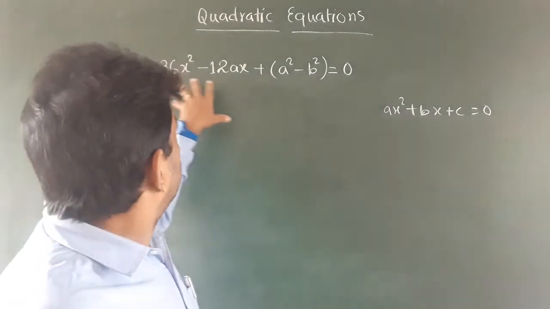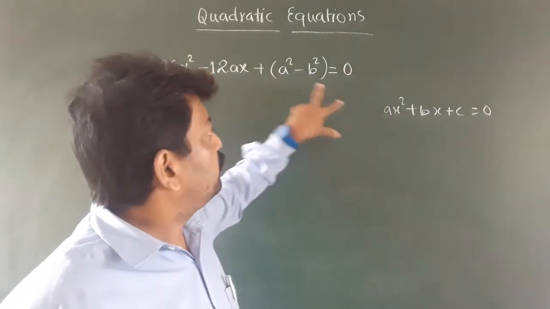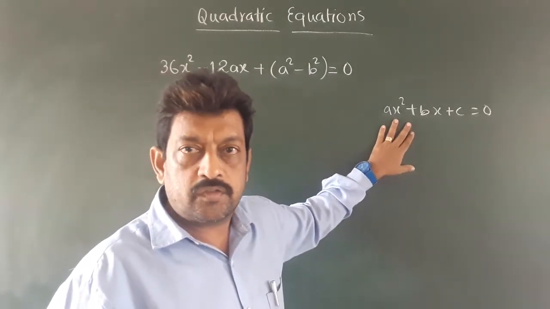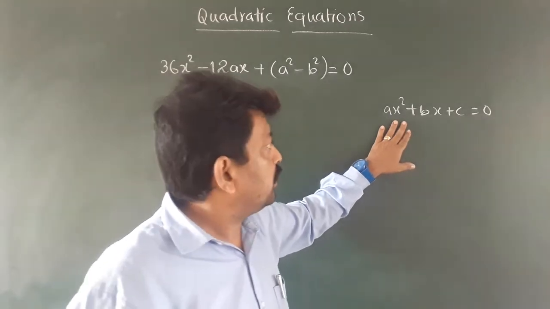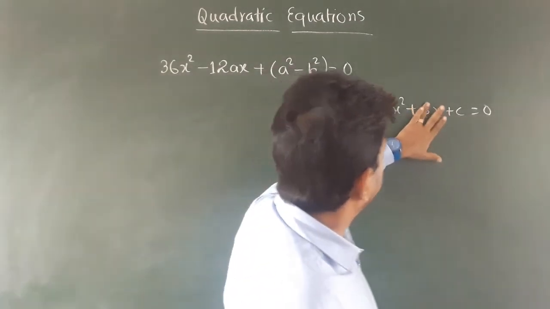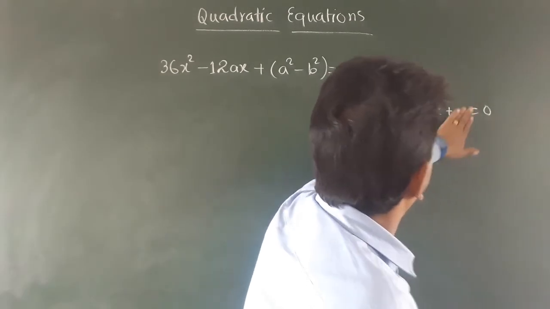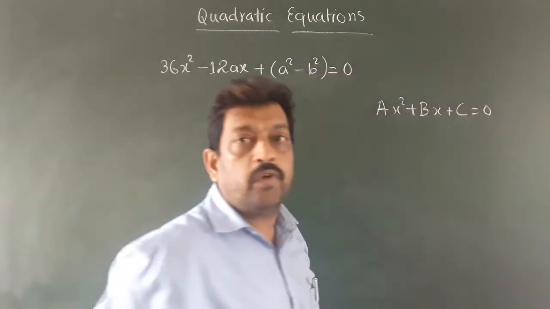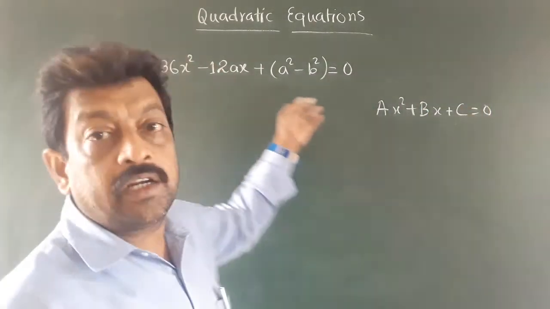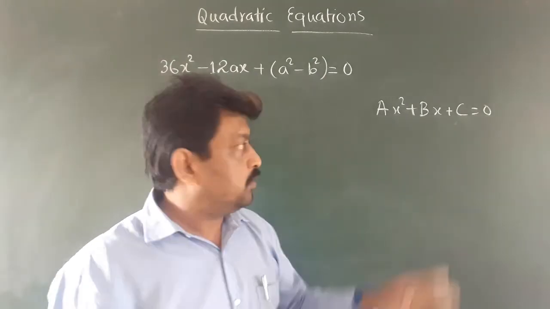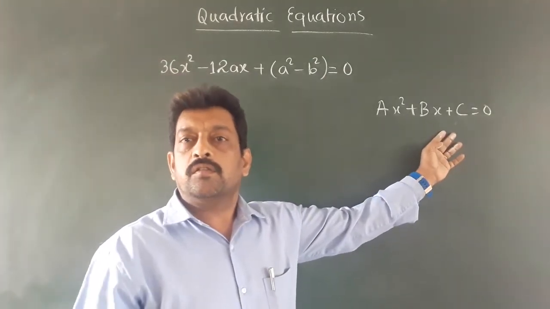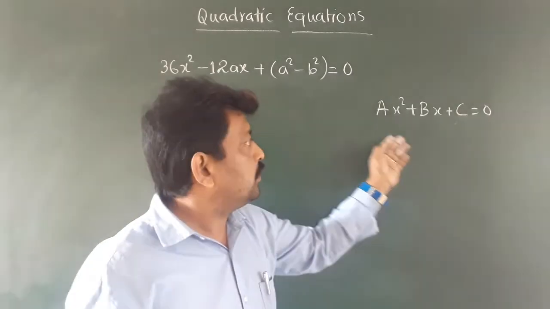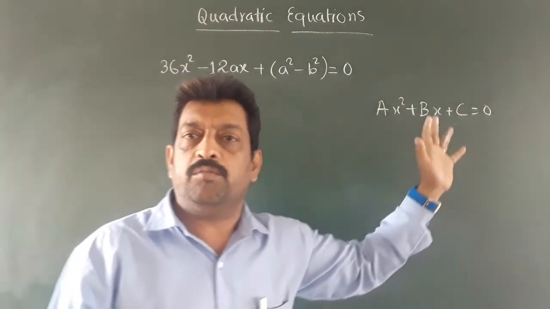Now students, see here, already we have got a and b here, small letter a and small letter b. So we cannot take the standard form in this way. We have to change the standard form. Let me replace the small letters with capital letters. So this is Ax square plus Bx plus C. Whenever you find that the equation contains small a, b and c, don't write the standard form in small letters. Change them. Write anything else other than a small letter a, b and c. So here I have used capital letters A, B and C.